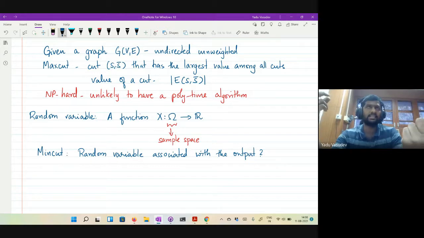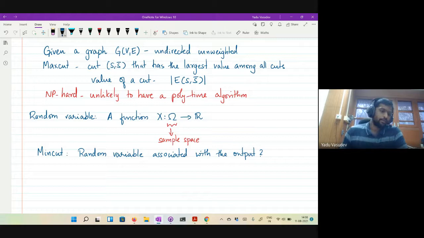The edge is not exactly a random variable. That is one of the outcomes that you have, right? A random variable is something that will assign some value to your outcomes. If you want, you can think of this algorithm this way: it has a sequence of choices that it makes. Okay. So, size of the cut.